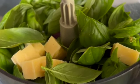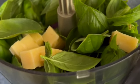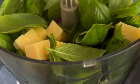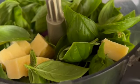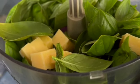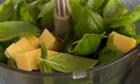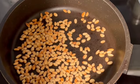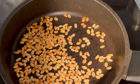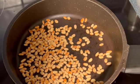So all I put in mine is some parmesan cheese, a big bunch of basil, all the leaves broken off the stem, a bit of salt, and I'll be adding a clove of garlic, a nice big clove of garlic, and some olive oil just to keep binding it all. I also add some pine nuts. I just slightly toast the pine nuts, it gives them much nicer flavour, and the whole pesto sauce just sings